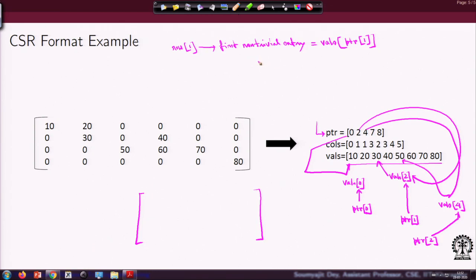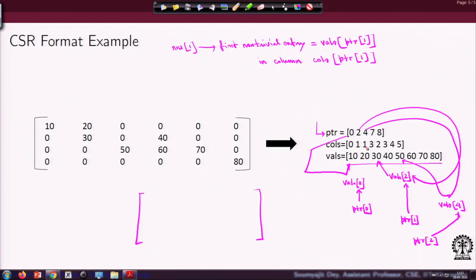In which column? In column PTR 1. So, for 1 you go to PTR 1, so that is 2, right. So, you now just look into the location for 2; that is how it is getting done.